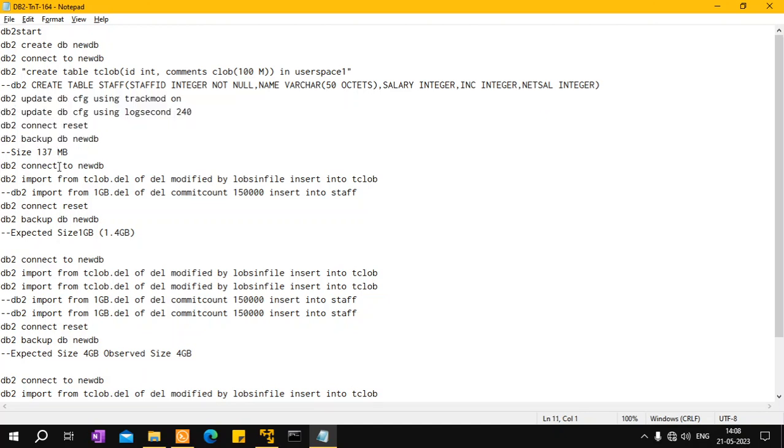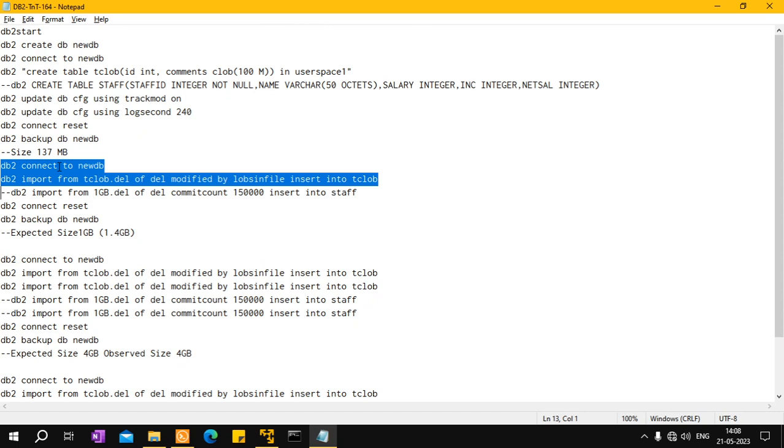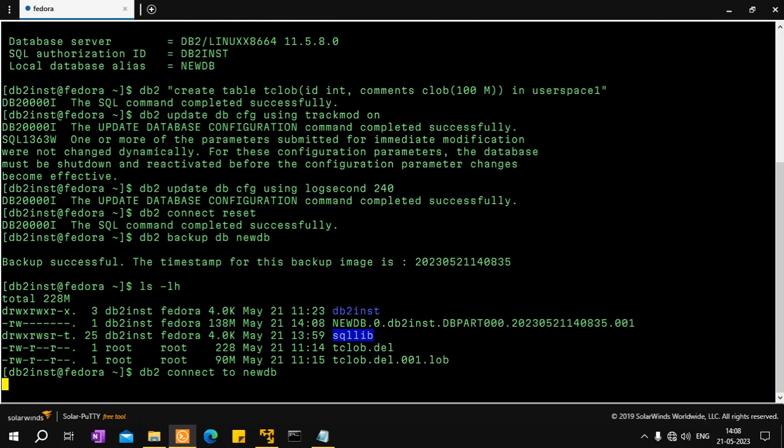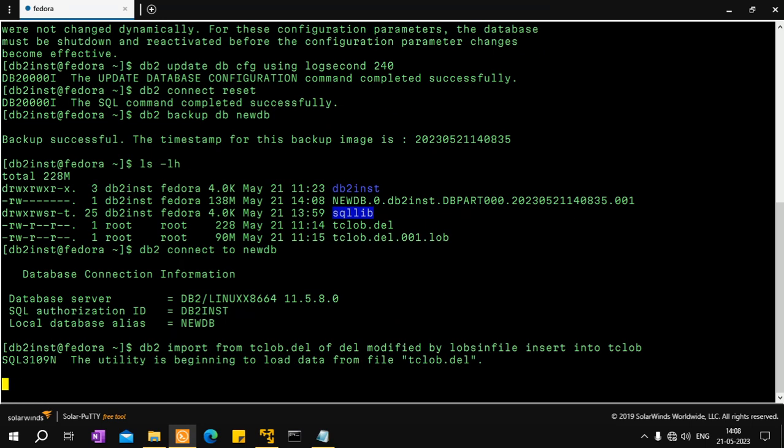Now I'm going to connect to the database and import the tclob.del file. We created the CLOB data, right? It has 10 records, and each record has a CLOB of roughly 100 MB, so there will be a total of 1 GB. Once the import completes and I take a full backup, I should see, as my backup image is already 138 MB,